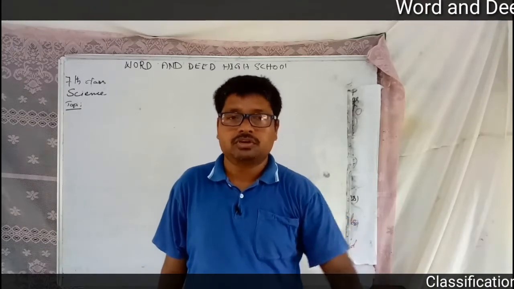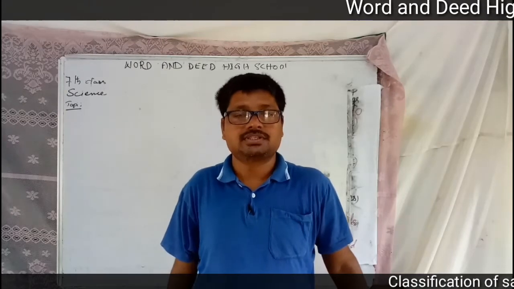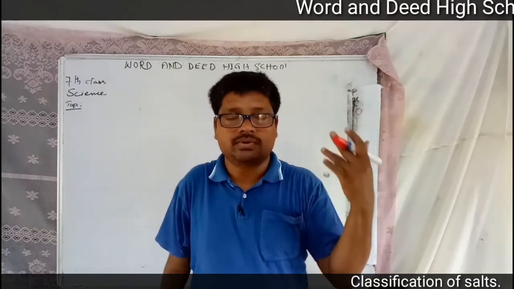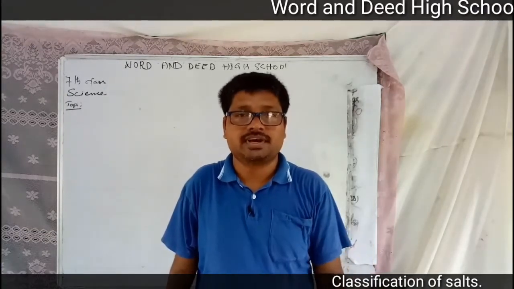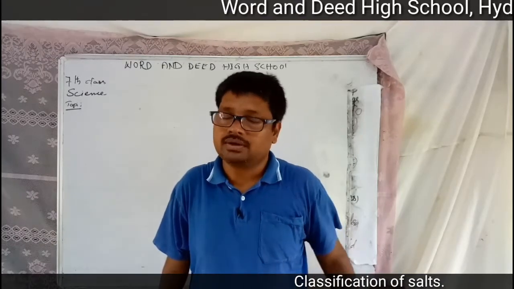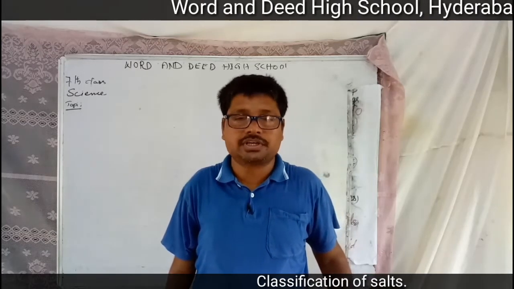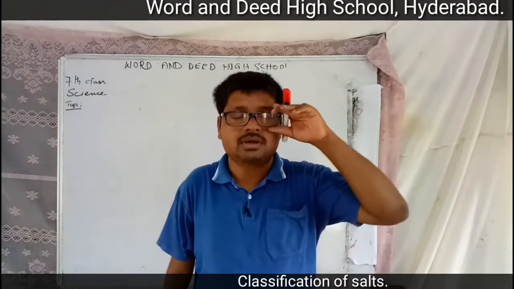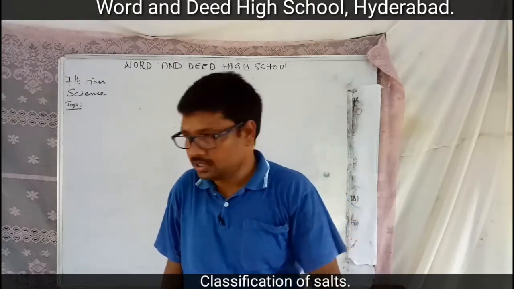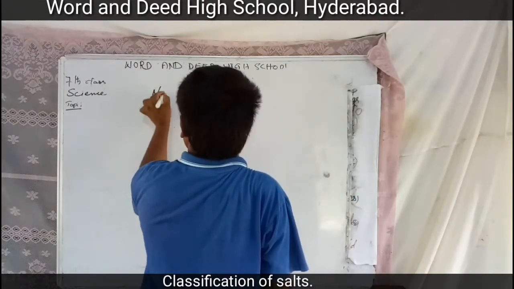Students, we have been talking about acids and bases. Especially in this chapter, we have been talking about various subconcepts like what are acids and what is the nature of acids and how to test them, and what are bases and how to test them, and what are the indicators, what are natural indicators and what are artificial indicators, and what are salts. In the previous class we have talked about neutralization.